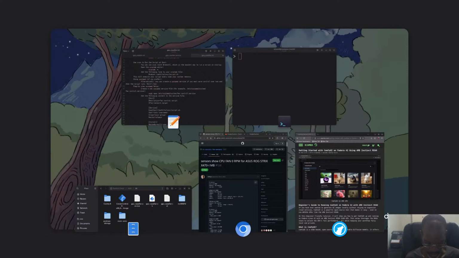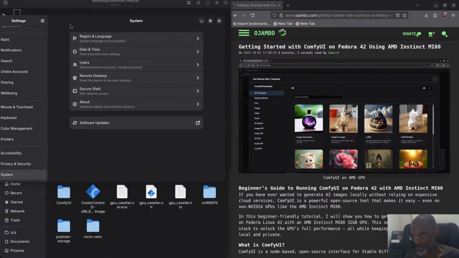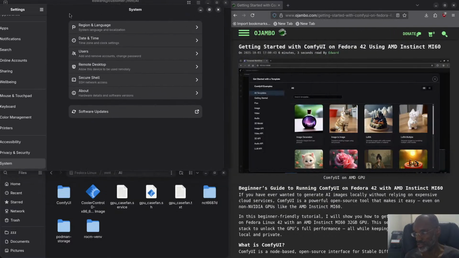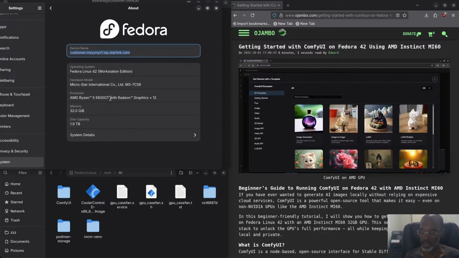Where is my settings? So my motherboard, I'm going to show you my settings in a second. I go to system. So let's put it here. As you can see in the system, I go to about, and you can see I have an MSI. I guess the actual model number is